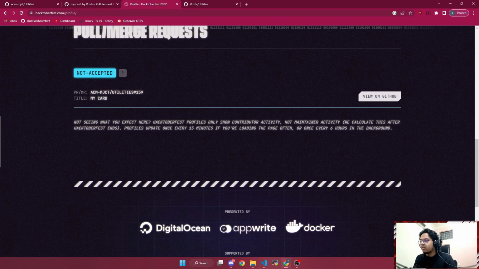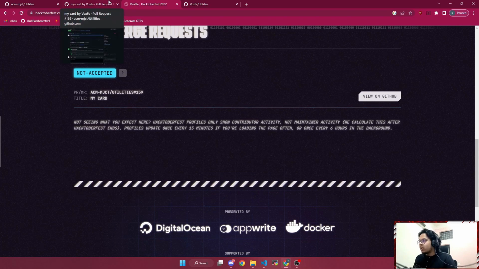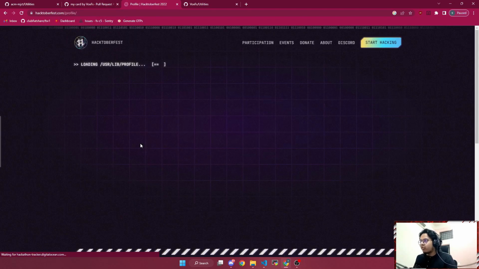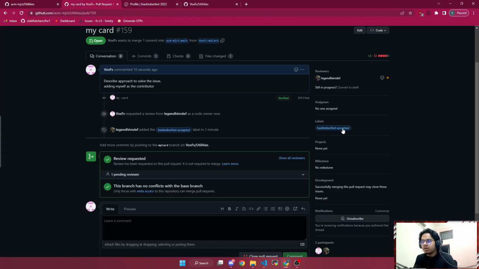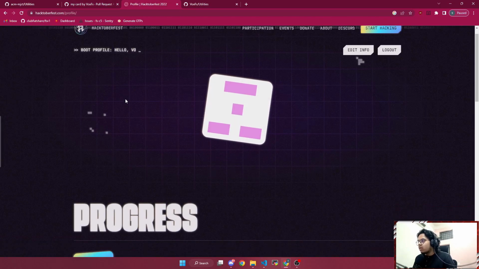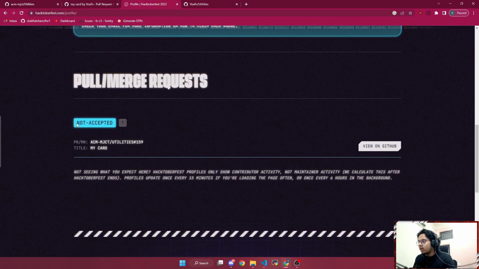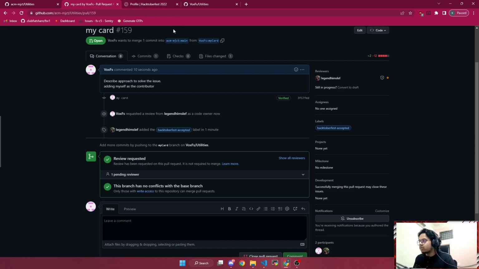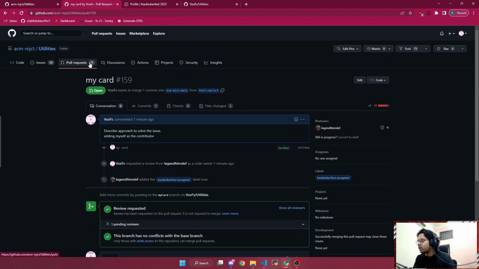Not accepted. Okay, so once we reload it a few times, we have accepted it. Like from my maintainer account, I have accepted my pull request. It will just auto update and the state would change to waiting. We'll just wait for some time, but instead of waiting, we can just go ahead and create our second pull